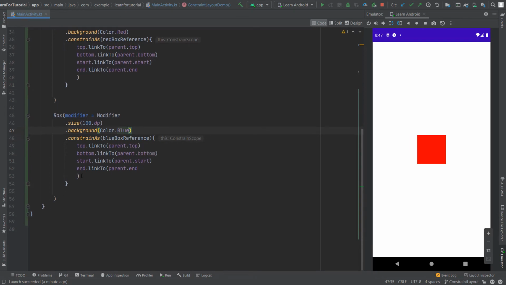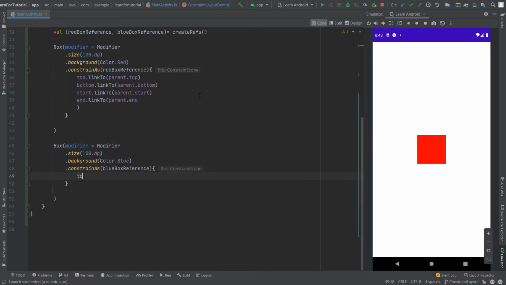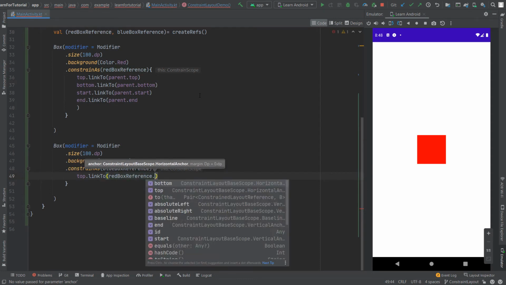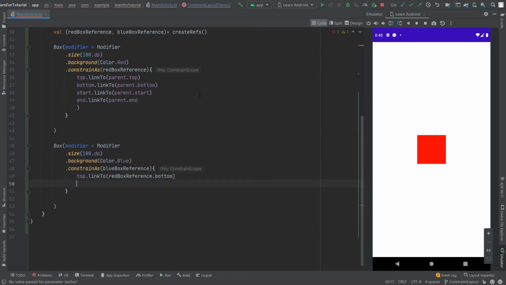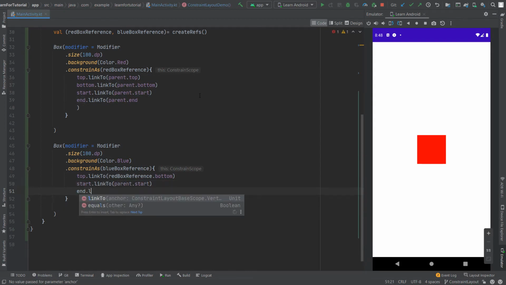I am going to delete these constraints and I am going to constrain our new box top to our red box bottom. To get a reference to our red box bottom constraint, we are going to use the reference that we have created using createRef. redboxReference.bottom gives the bottom constraint of our red box, and I am going to set our blue box start to parent.start and end to parent.end.